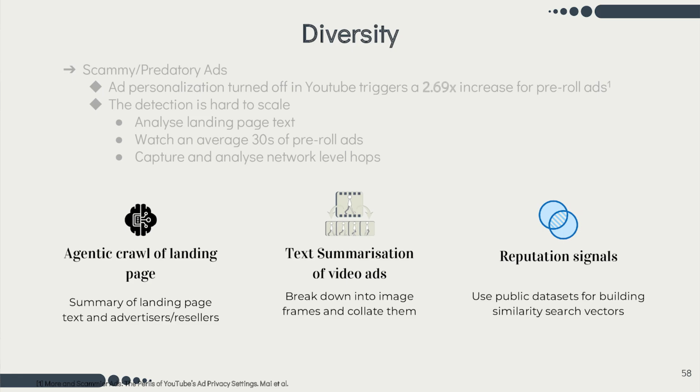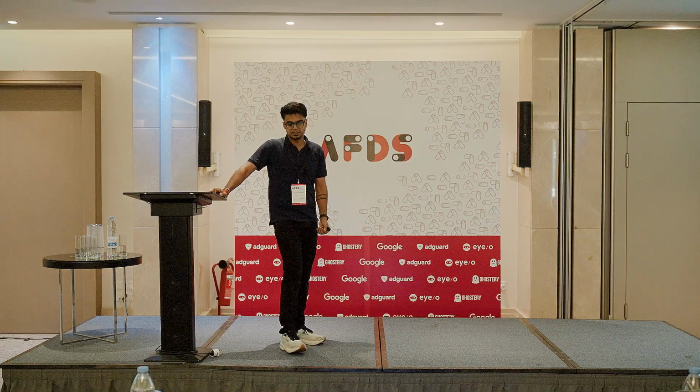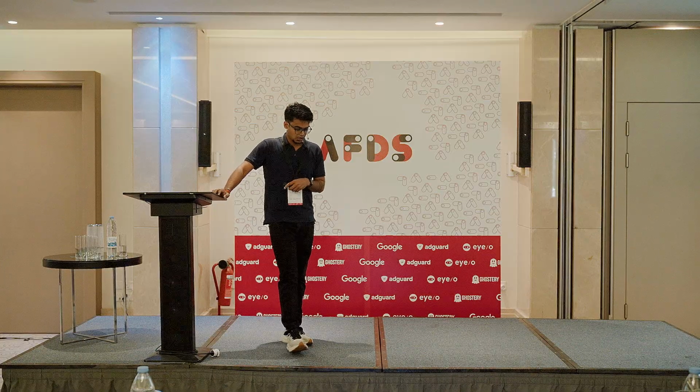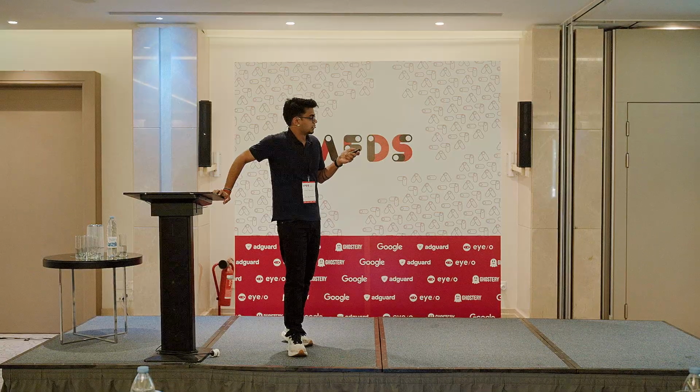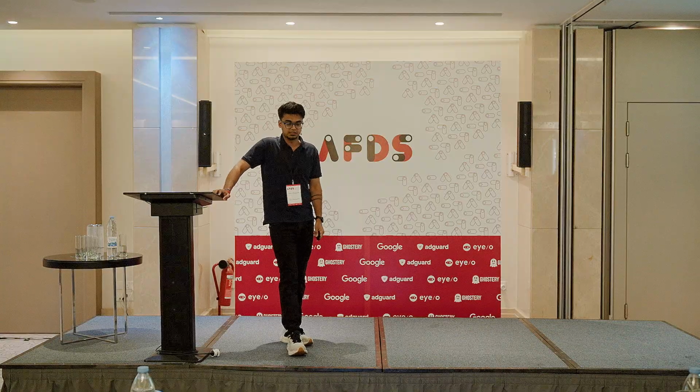We are usually relying on a lot of publicly available data sets of images of advertiser names and stuff to do a comparison between what our agentic crawl gives us and what our reputation signals are, and see what the similarity score is between these two vectors. At least the initial results were pretty encouraging, where we were able to detect almost all the advertisers that were flagged by this study